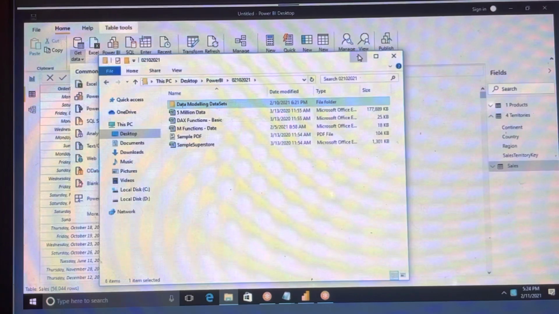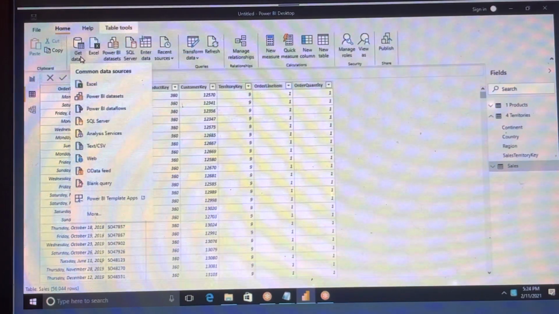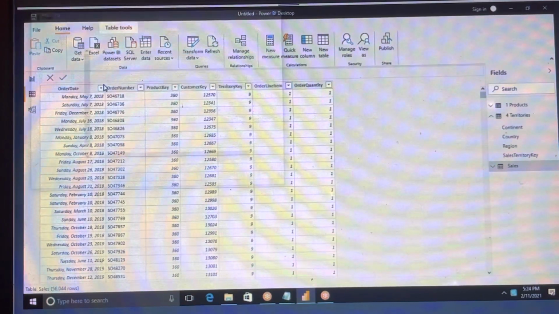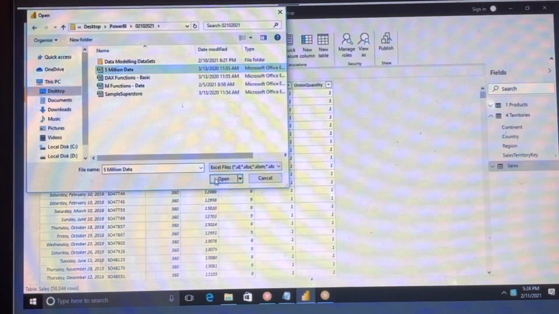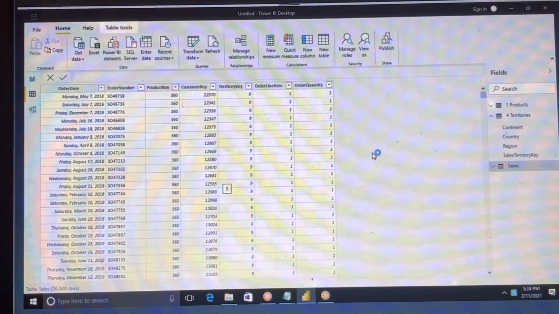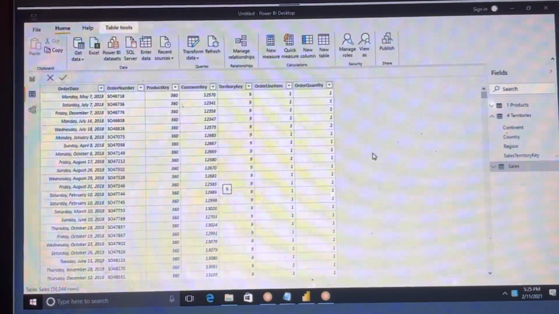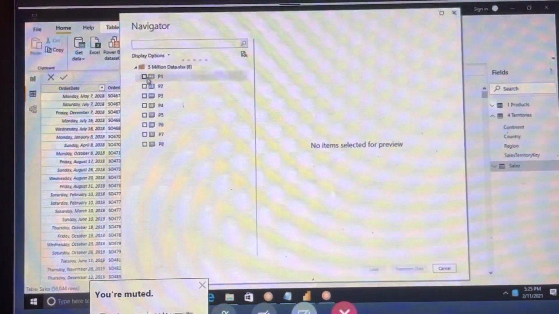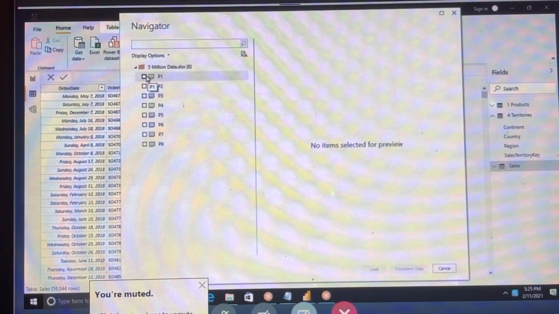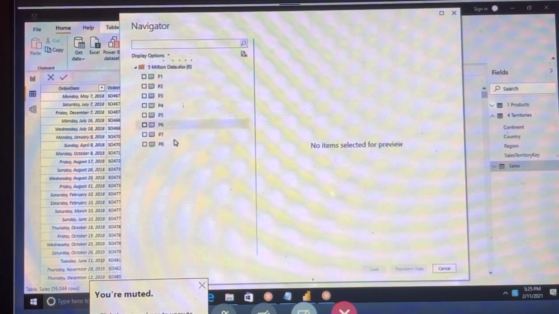So how will we get the data? Just observe here. Get data, click on Excel. Select that file. See, here we have P1, P2.